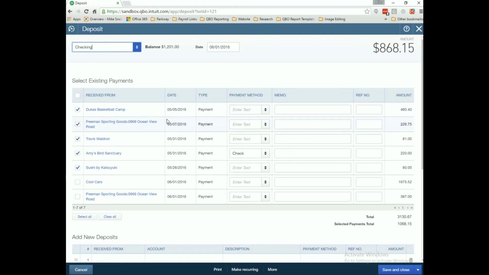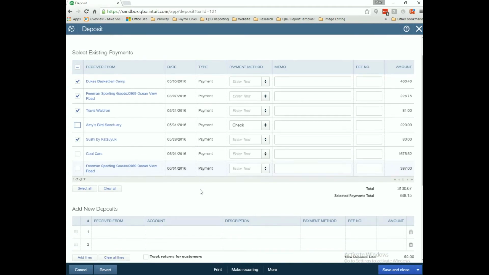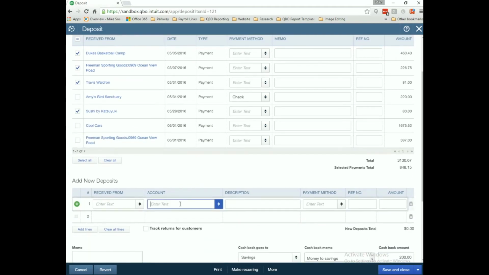So then I'm going to find Amy's Bird Sanctuary payment of $220. Now, to shortcut and not have to rebuild this entire deposit, I can just unselect Amy's Bird Sanctuary from the deposit, in essence doing what QuickBooks has asked us to do, which is remove it from the deposit. Then, to keep my original amount in my deposit, I'm going to add a space saver here,